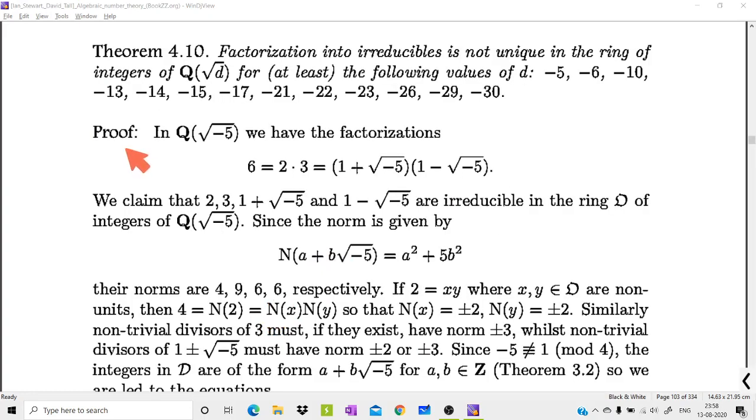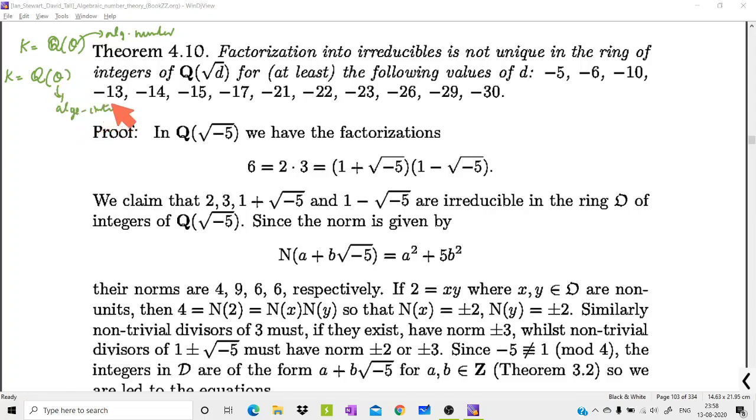In this section, we will discuss some examples of non-unique factorization domains. In order to get that, we start with quadratic number fields. We know that a number field K is a finite extension of Q, so that can be written as Q of theta, where theta is an algebraic number. If you go through the theorems of chapter 2, we can say that if K is a number field, then this K can in fact be written as Q of theta, with theta an algebraic integer.